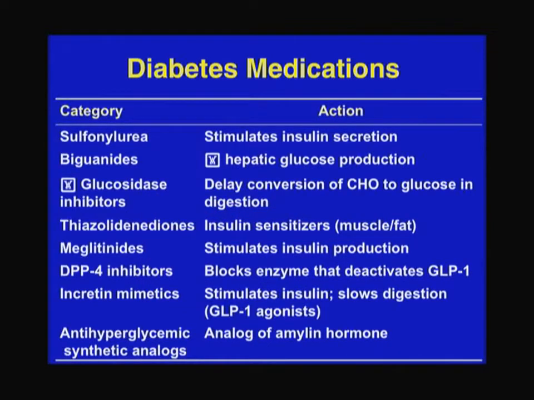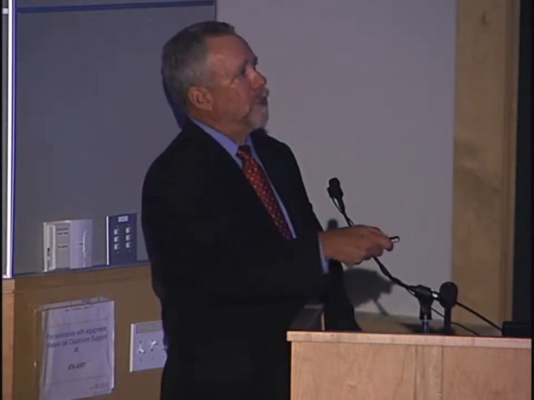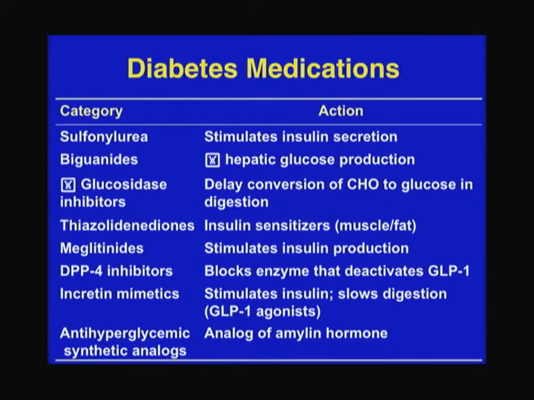Now, I'm not going to read all this, but it's there for your reading, and it lists the various classes of drugs. You can see that there's a long list, and that they all work by different actions. So it's somewhat analogous to blood pressure, and it allows us to mix and match these drugs with relative impunity, with the knowledge, however, that there are differences in cost amongst these, and I'll go through these, and side effects, and that the first two classes of drugs are more effective than the third and fourth classes of drugs. And again, I'll define that in just a moment.